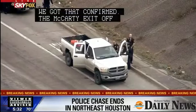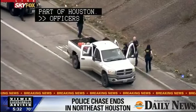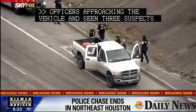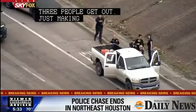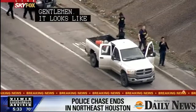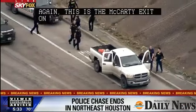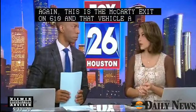Heading northbound into the northeast part of Houston. Now, officers approaching the vehicle. They've seen, looks like, no one else. Three suspects, three people get out, just making sure there's no one else inside. All right, ladies and gentlemen, it looks like the threat from this is over. Again, this is the McCarty exit on 610. Multiple law enforcement vehicles, at least a half dozen or so there in the area, so they'll likely have that area blocked off for some time. Just let people